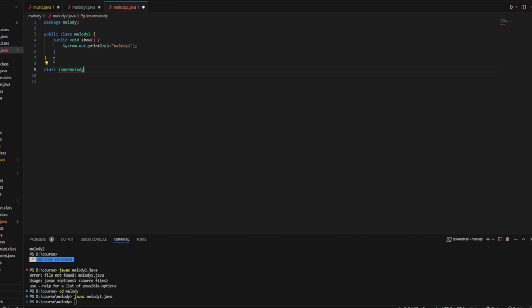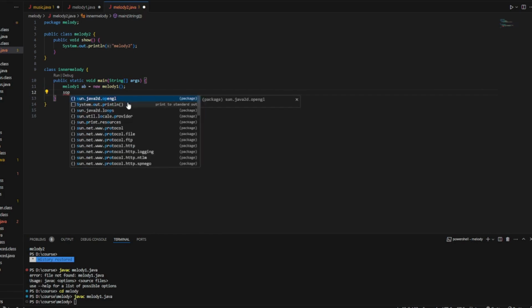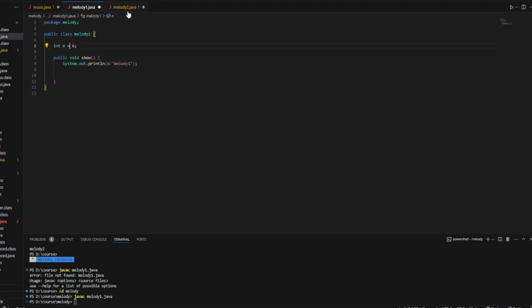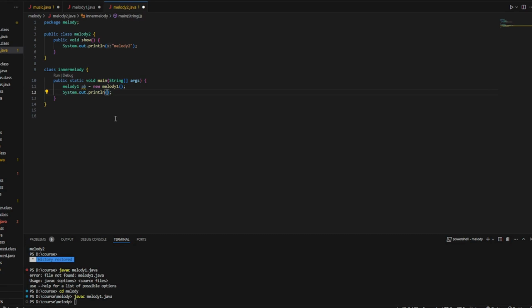Let me create a main class here. I'm creating an object for melody1 in order to try accessing the variable. Now let's access them. n is 6, right? ab.n.